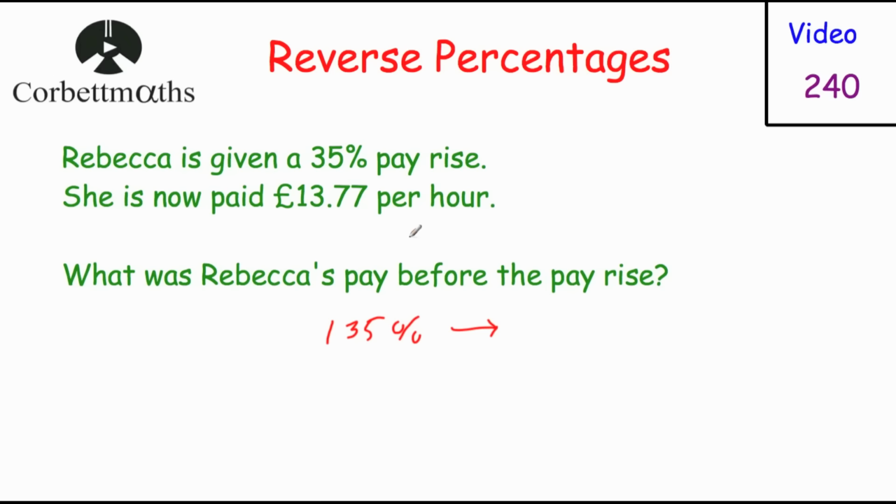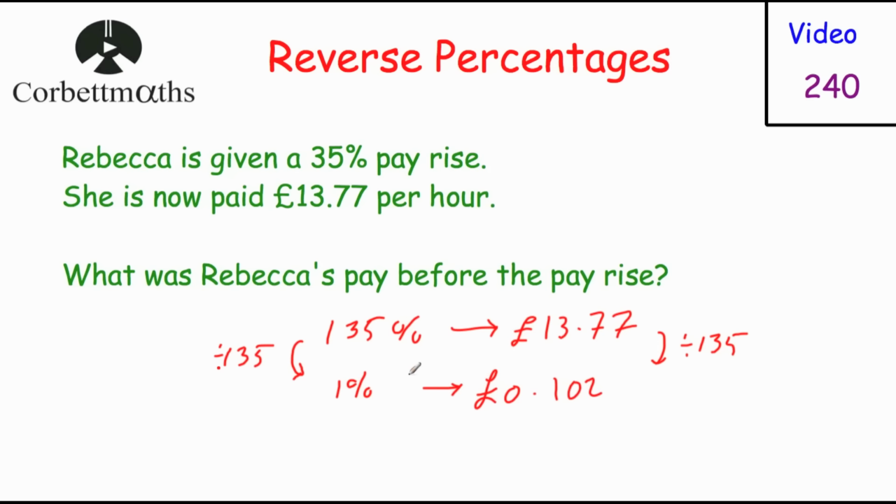And 135% is equal to £13.77. Now to find what her pay was before, we want to find 100%. So let's find 1% and then find 100%. If we know what 135% is, we can divide by 135, and we can divide by 135. And when we do that, we get 1%, and 1% is equal to